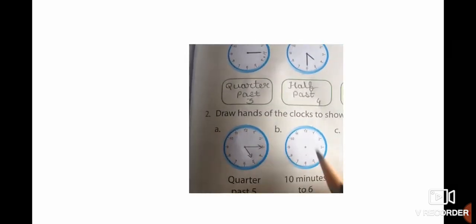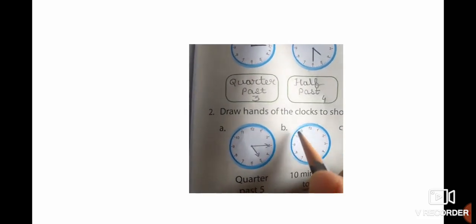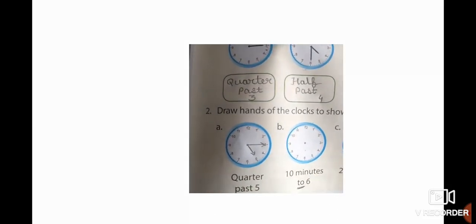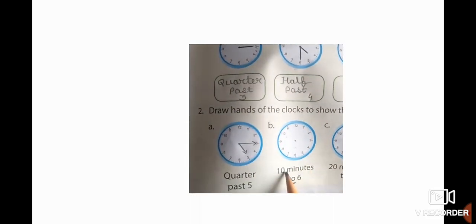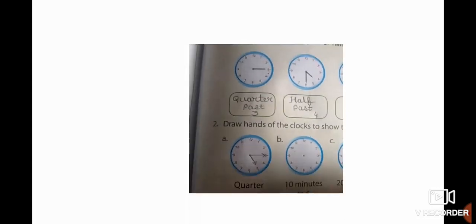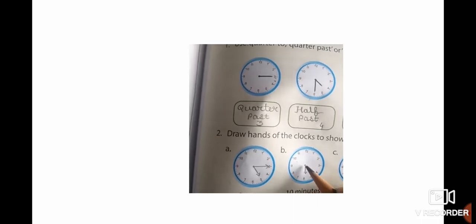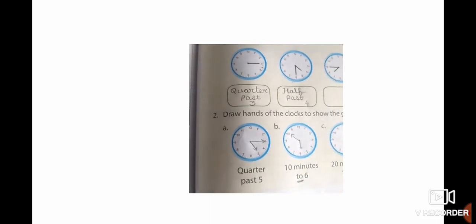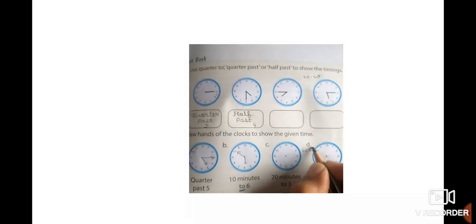So students, 10 minutes means how are we going to count backward? From 12 to 11 there are 5 minutes, and 11 to 10 there are 5 plus 5, 10 minutes. It's not that the minute hand comes on 10 just because it is 10 minutes, but you have to count that many minutes backward. So we show the hour hand slightly before 6, and the minute hand will be on 10. Like this, 10 minutes to 6 will be there. Like this you are going to solve the next two examples, C and D, for homework.